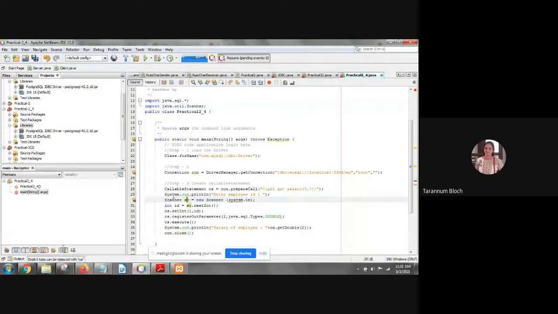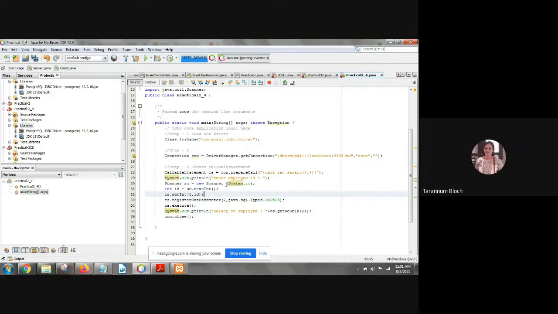Scanner, inside the argument. You are seeing the red line? Yes, ma'am. In the red line, just make it S capital. Remove the space between R and the method argument. Remove. Now clean and build.